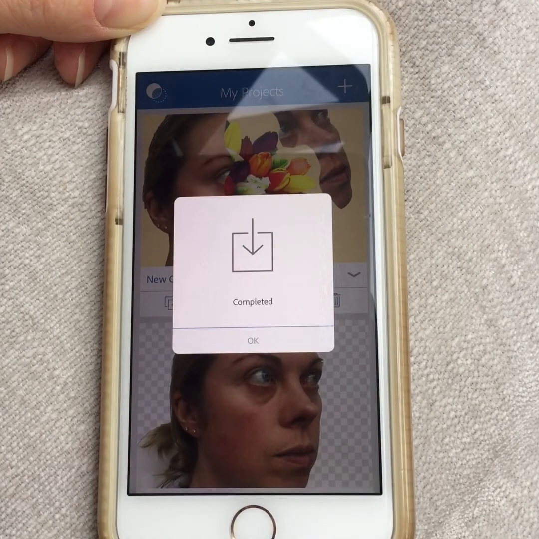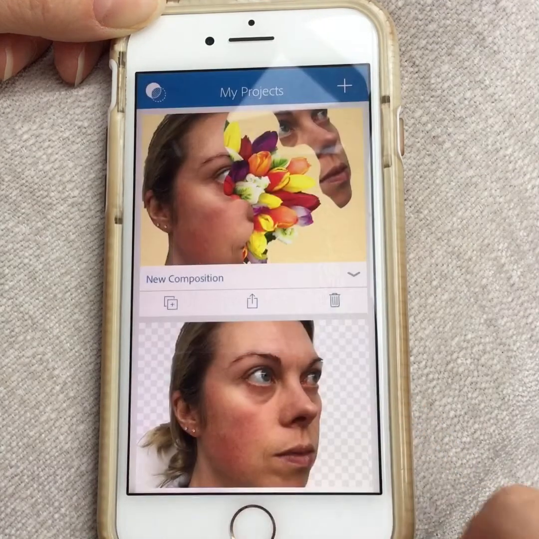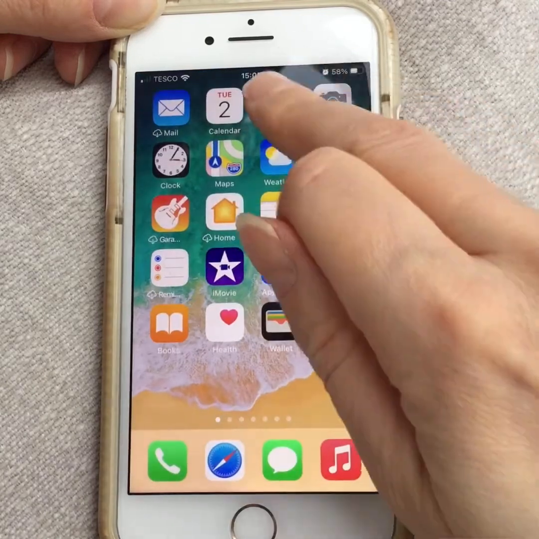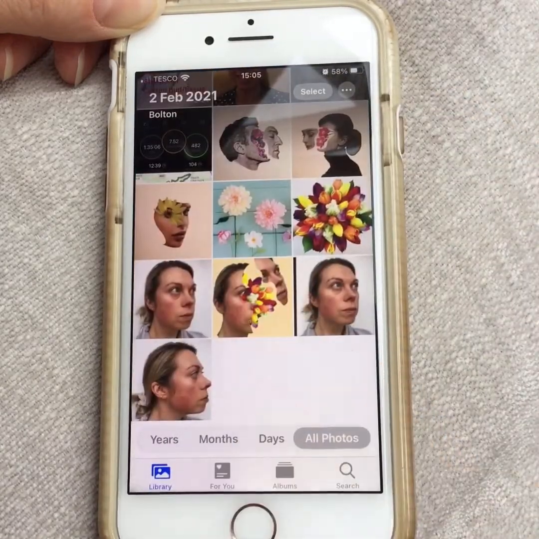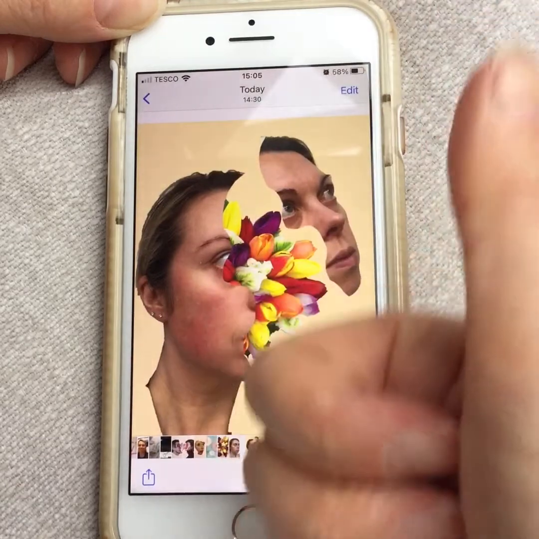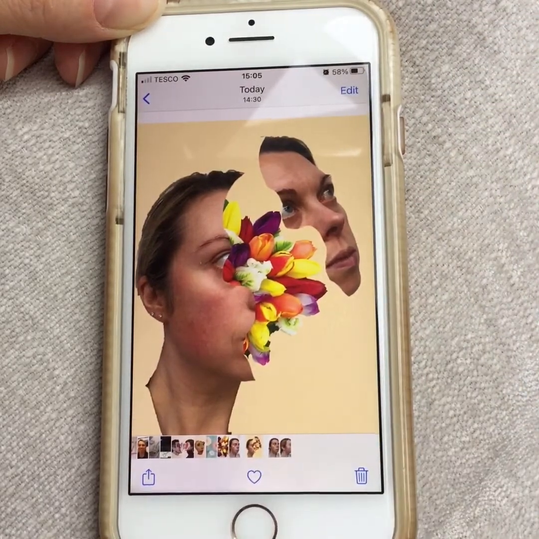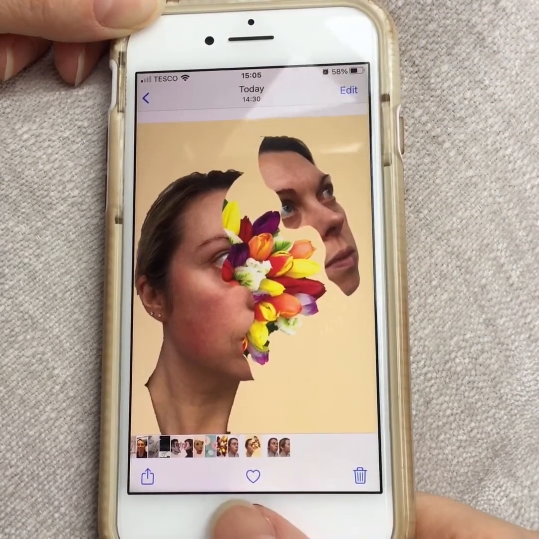Now I could try the same again. I can duplicate that layer, I can change the background, I can try a different one, so you have the opportunity to try it. You can see that's now in my camera roll, ready to send to my teacher. Fabulous. Have a go at